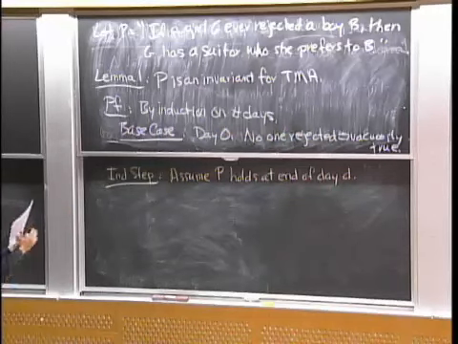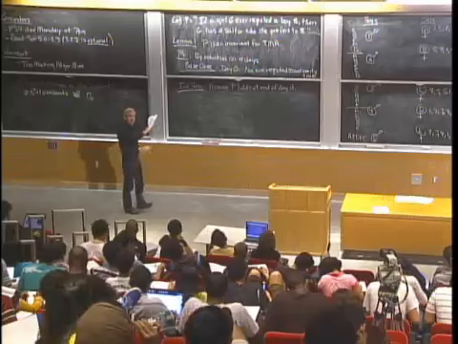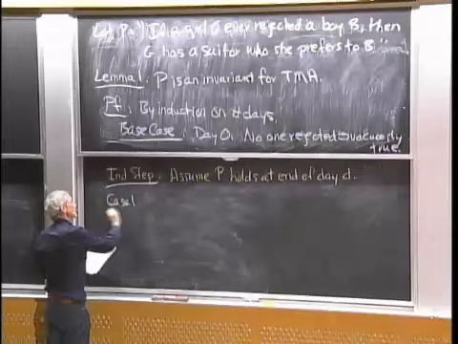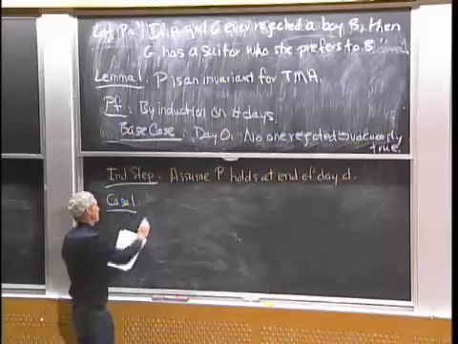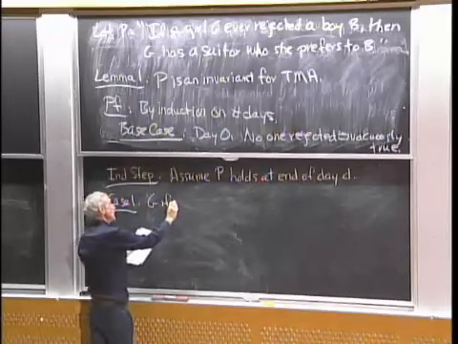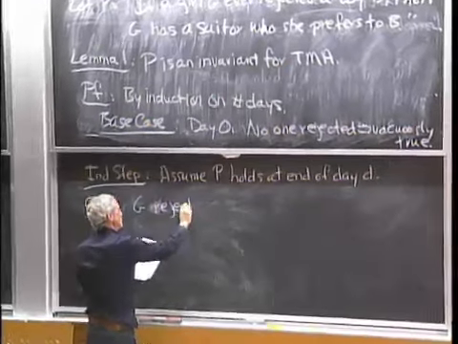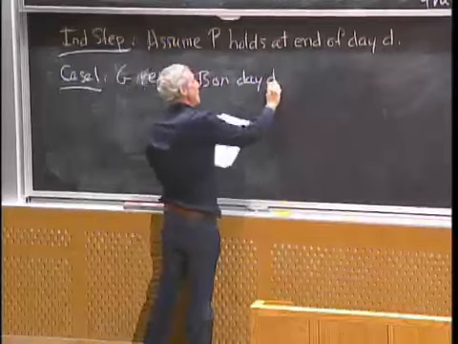So say it's true up to now, up to day D. Why is it true at the end of the next day? Well, there are 2 cases to look at here, depending on when G rejected B. So if she rejects B on this day, day D plus 1,